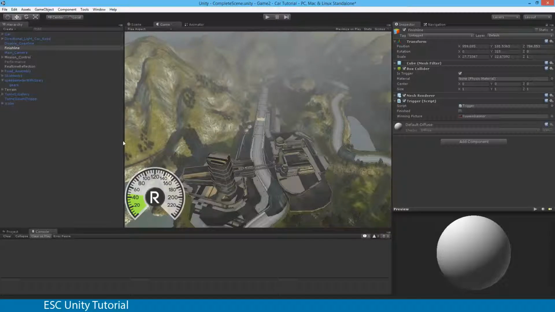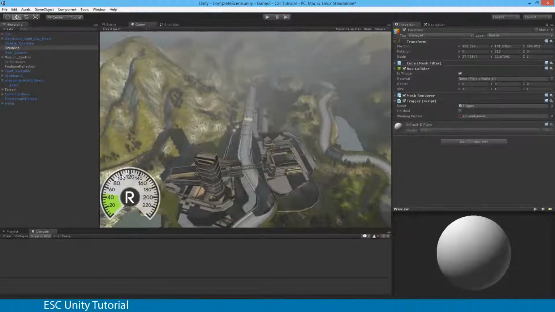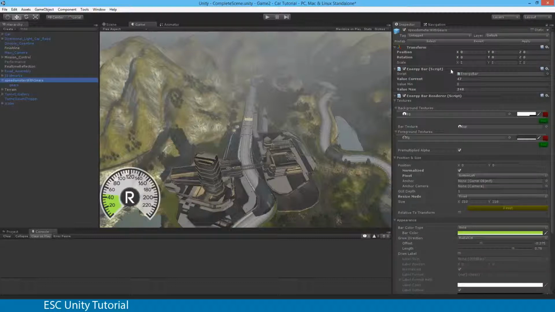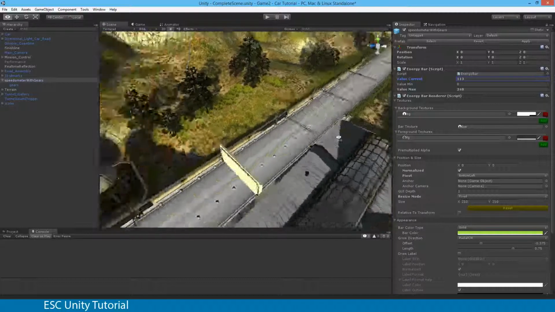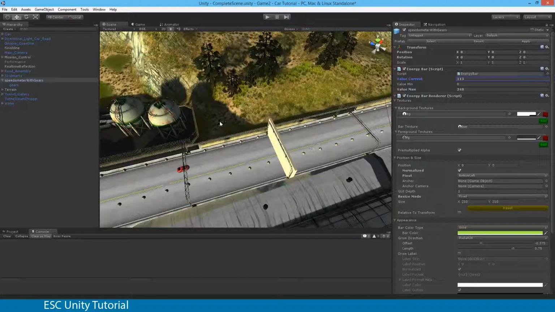Welcome back. In this video, what we're going to be looking at is how to make our car talk to our racing gauge. However fast the car is going, we can make it go through. For instance, if the car was speeding up, the speed would speed up, and if the car was slowing down, it would slow down. There are a couple of different things that we can get to do this, and to make it a little bit easy to use, we're going to be using a simple button to make that go